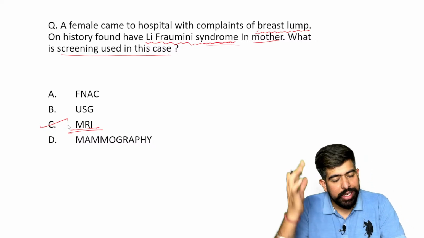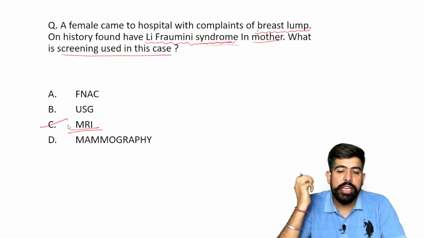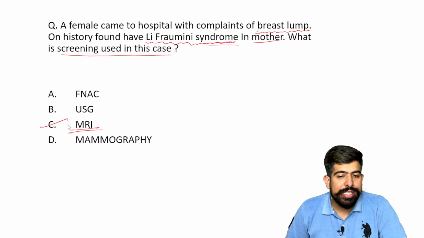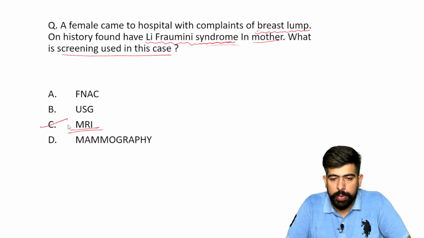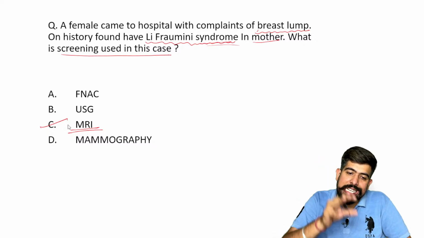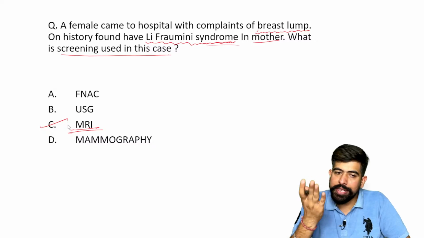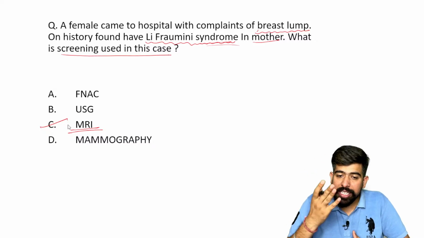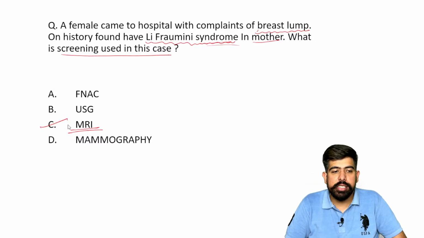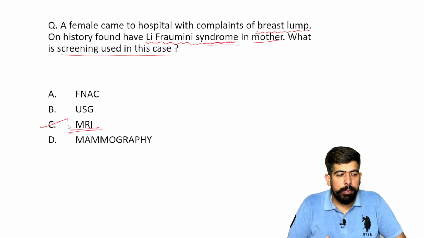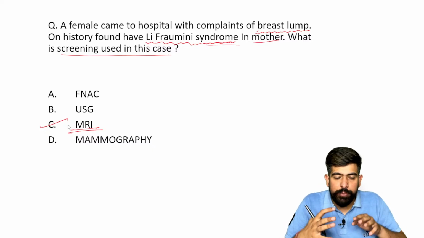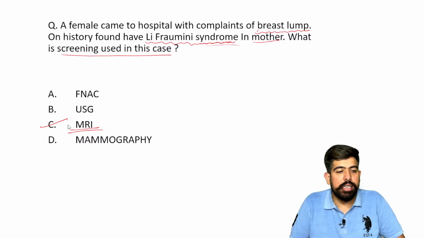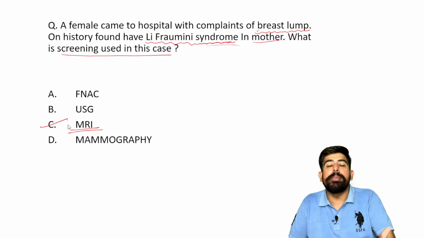USG is okay. I can understand you can say, sir, initially we can start with USG, but USG cannot identify the type of lesion. It will just give you whether a lesion or breast lump is present or not. But the breast lump the patient is telling you about, the doctor can find even by palpation, by examination, by touching it. The female doctor or the gynae can tell you whether there is a lump or not.